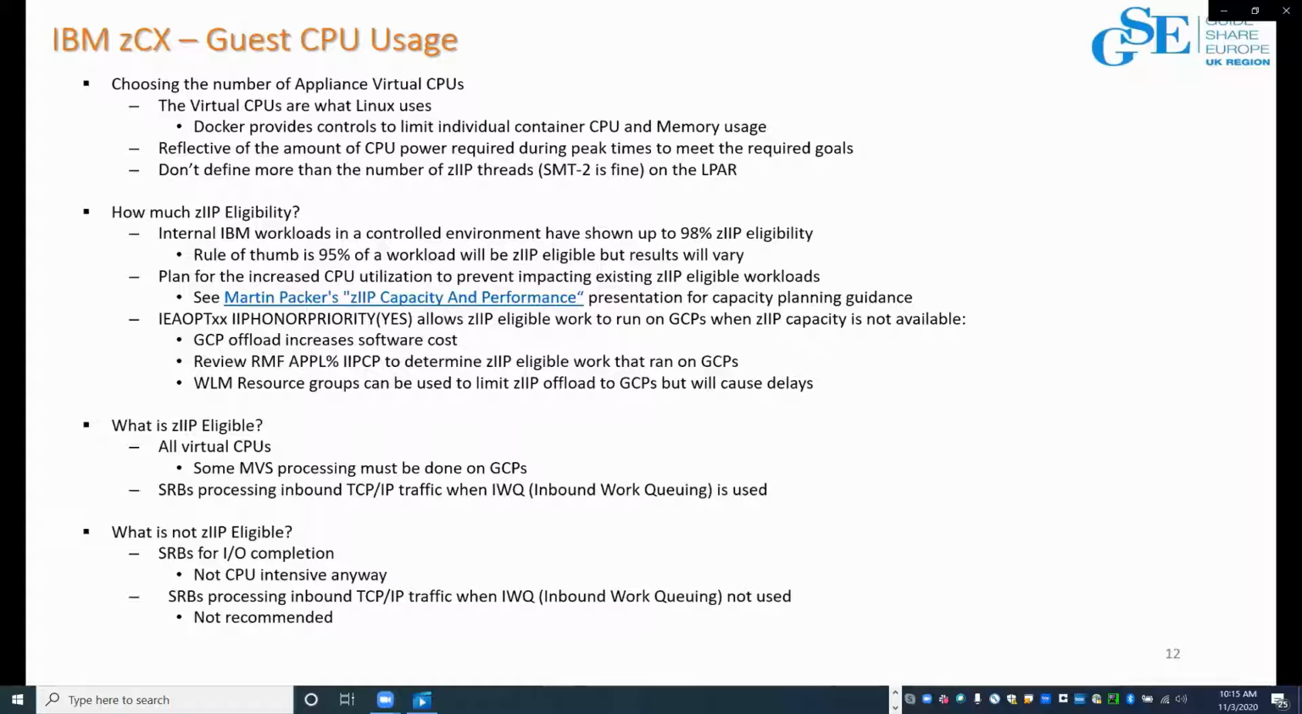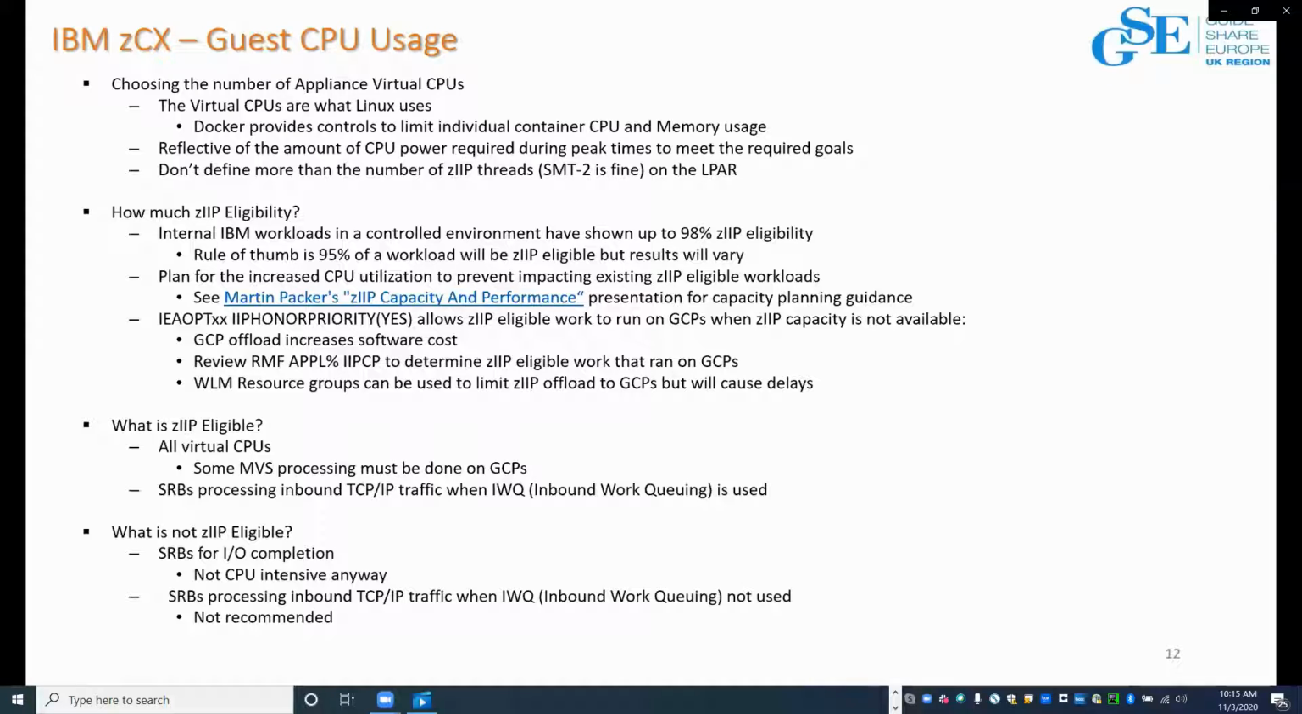Others may be containers that you already have deployed elsewhere, so you have an understanding of how much they're consuming elsewhere and how that would relate to System Z resources. So given that, it's probably going to be trial and error, right? And also it depends on what your goals are, okay? But definitely don't define more